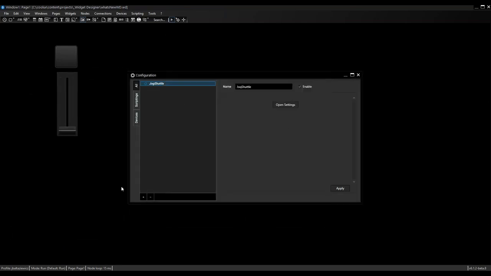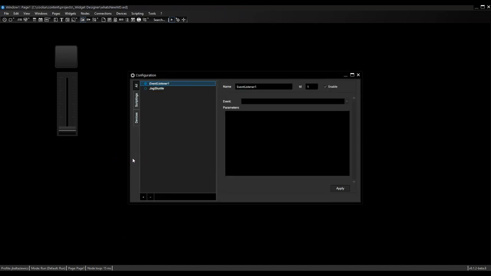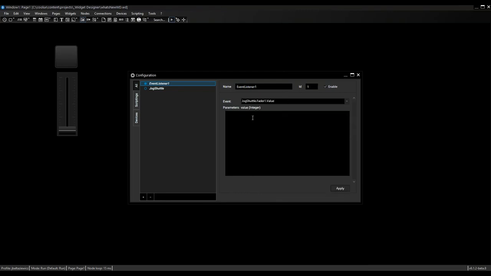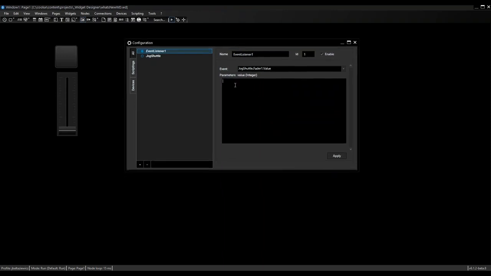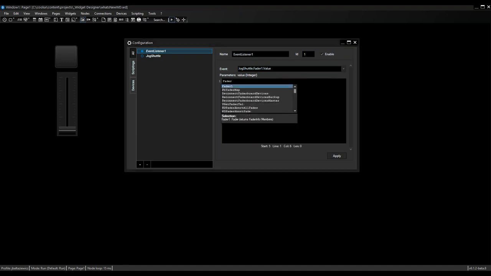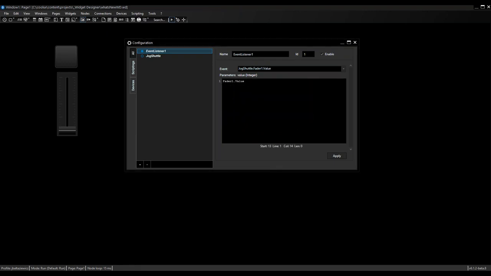Okay, and of course, when you are creating an event listener, you can now select the jog shuttle and, well, quite a lot of things. So whenever a fader value is changed, you can execute a script, which is also very nice because you can now, let's say, replace a node or something like that. If you had a jog shuttle input node and wanted to link that to a fader, well, you would have to set up a node system, but with the event listener, you could use the fader value and just say my fader1 dot value equals